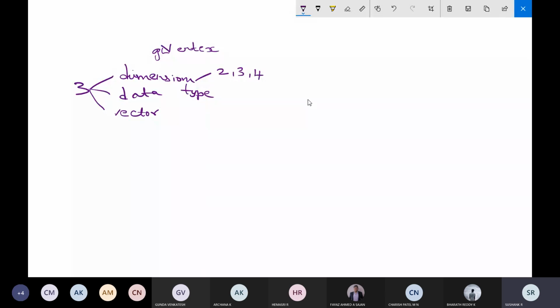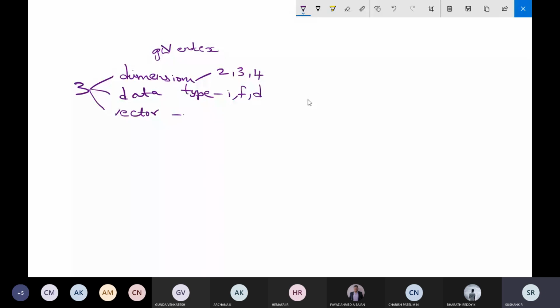The second one is data type. There you determine what kind of data type you are using. Here I indicates integer, F indicates float, and D indicates double. After this, the vector.